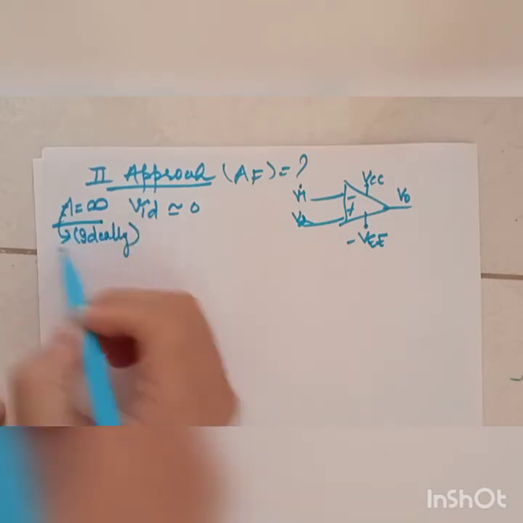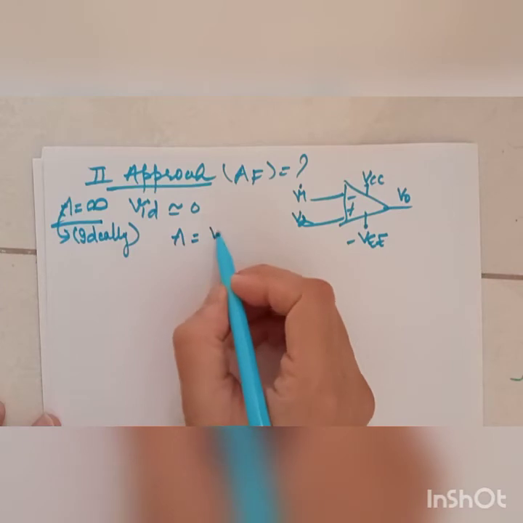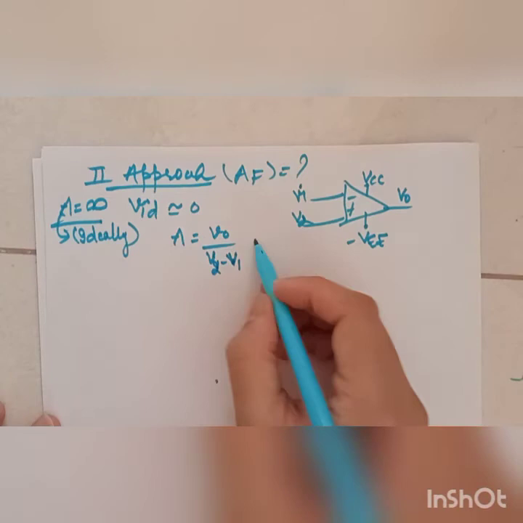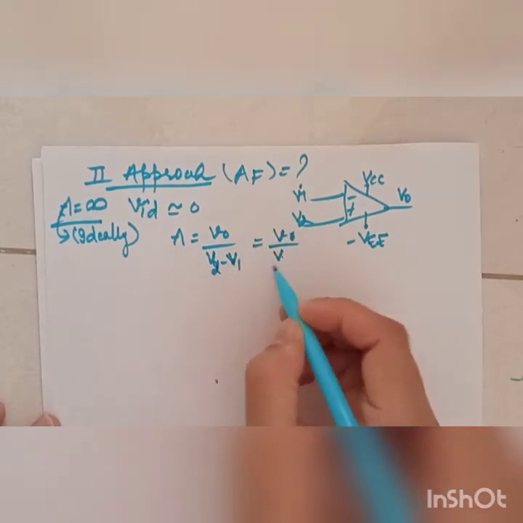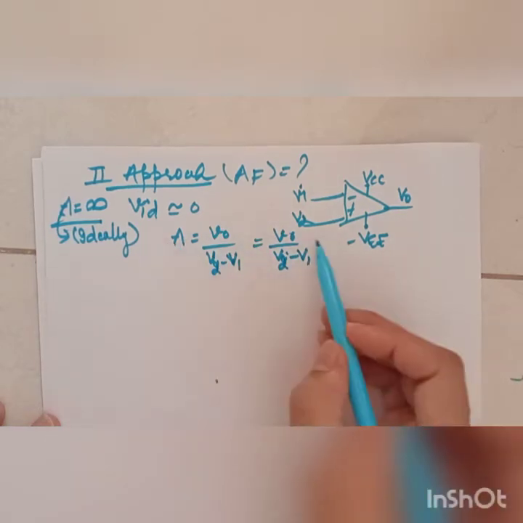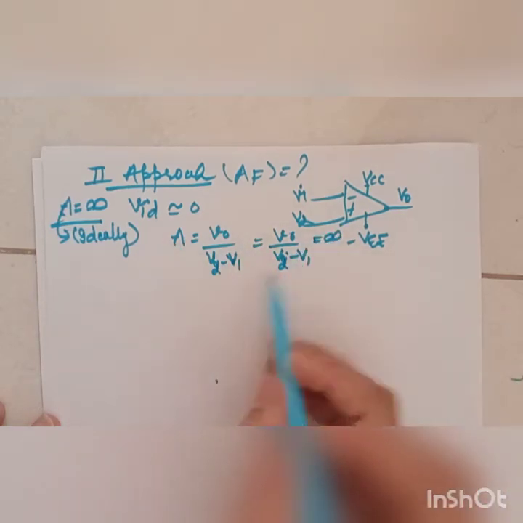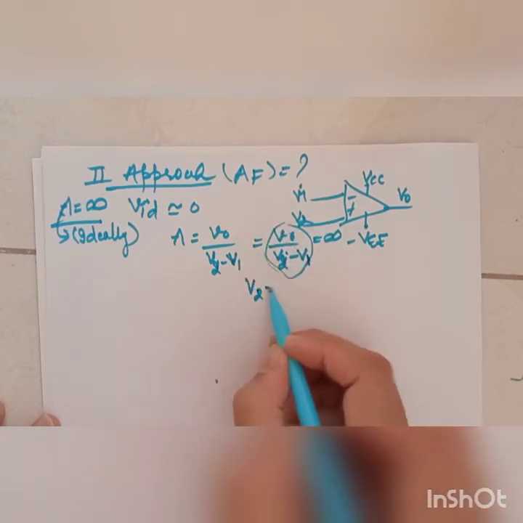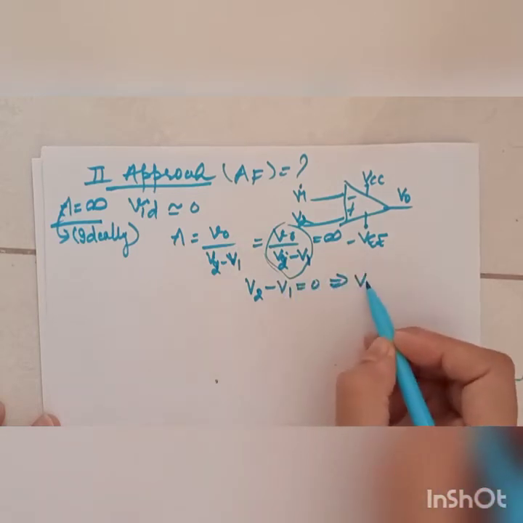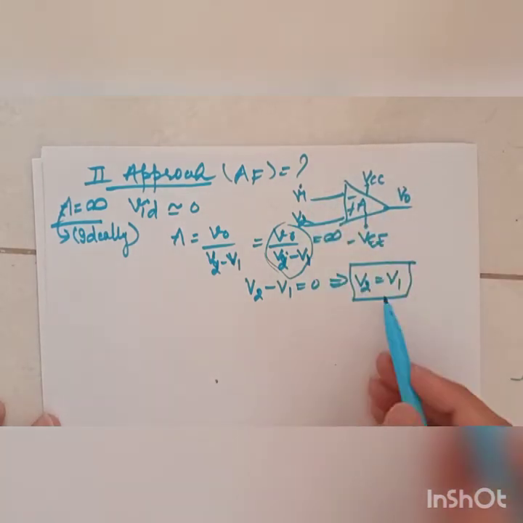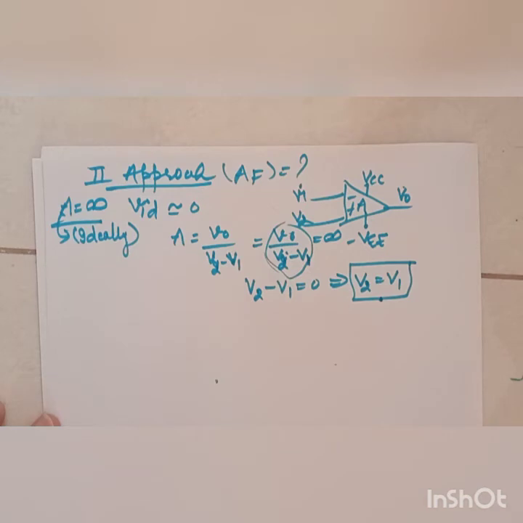So if you want open loop gain A to be infinite, the definition of A is what? V0 upon V2 minus V1 as per this diagram, or I can say V0 upon VID, right? Or if you don't want to write V2 minus V1, that is also fine. So ideally A should be how much? Infinite. So this term can become infinite when your V2 minus V1 is 0. So V2 minus V1 should be equal to 0. This implies your V2 should be equal to V1. So in order to have your gain A infinite, your V1 and V2 should be equal. So this is your understanding of V1 and V2.